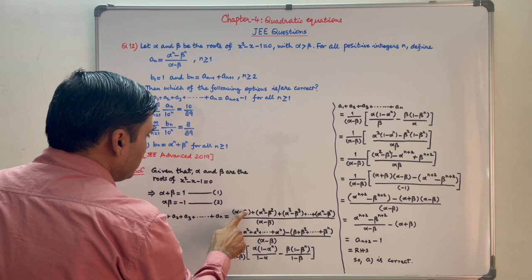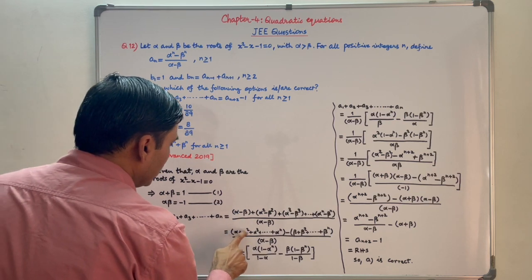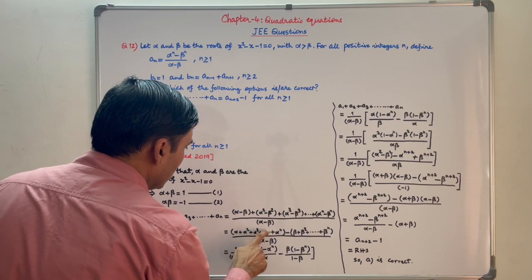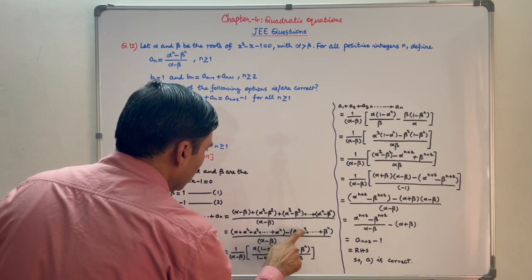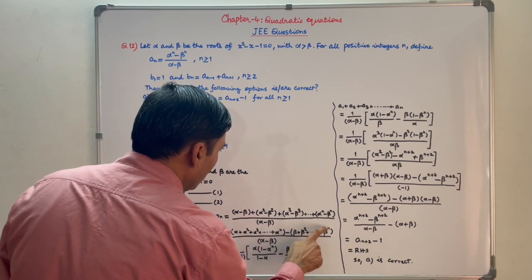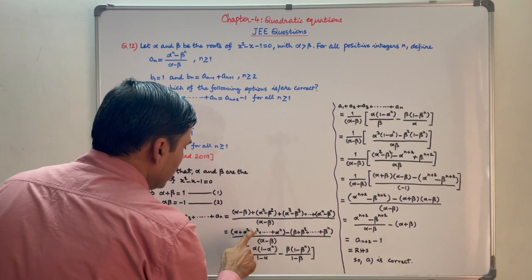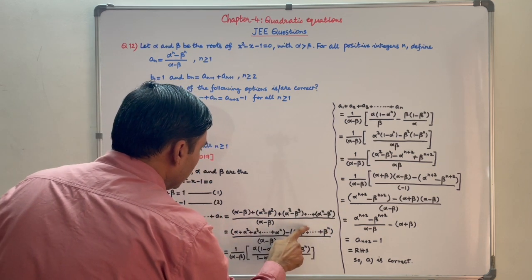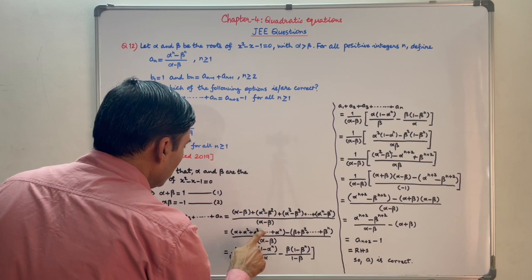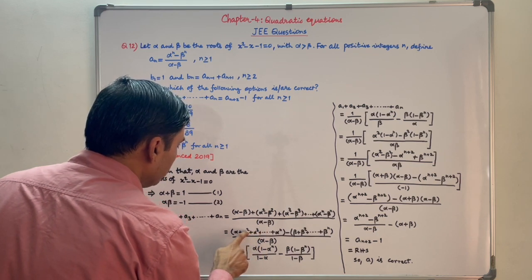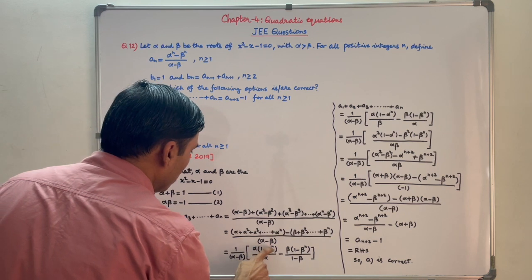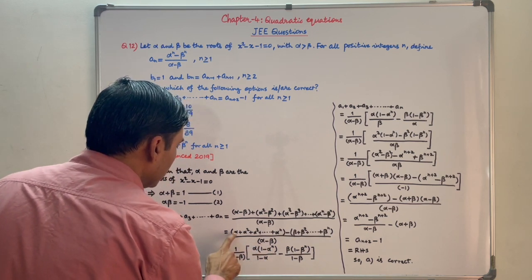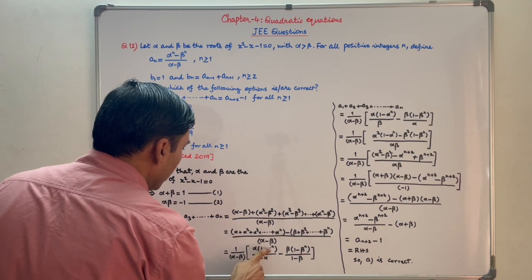Now numerator can be written as alpha plus alpha square plus alpha cube plus and so on up to alpha to power n, minus beta plus beta square plus beta cube plus and so on up to beta to power n. Now these are two GPs with n terms. So sum of n terms of a GP series is given by the formula a into 1 minus r to power n upon 1 minus r, where a is first term, r is the common ratio, and n is the